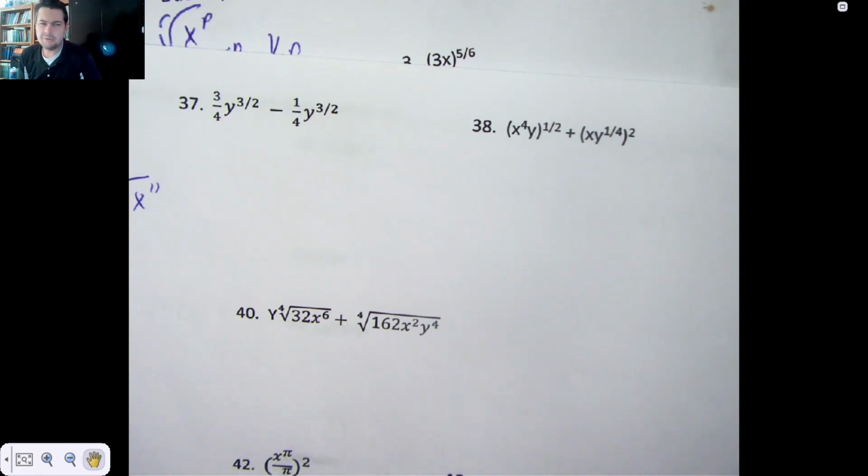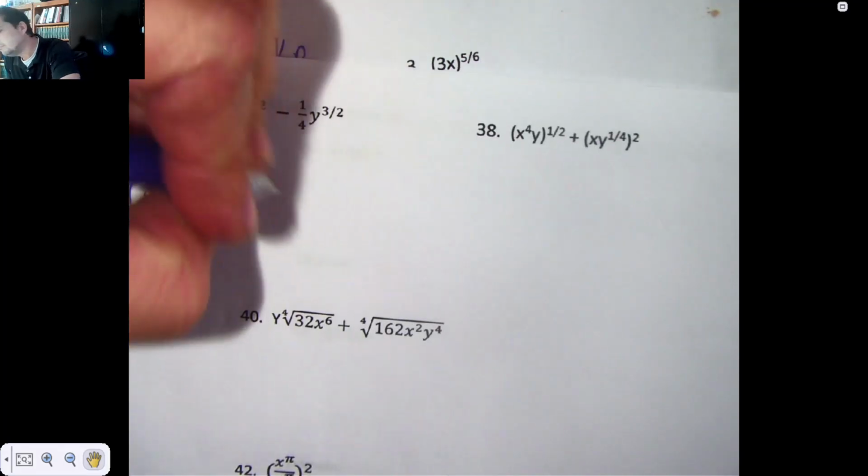These are like terms. 3/4 minus 1/4, that's what, a half? Yeah, it's 2/4, it's a half. It's 1/2 y to the 3/2. They were both like simple. 38, I personally would